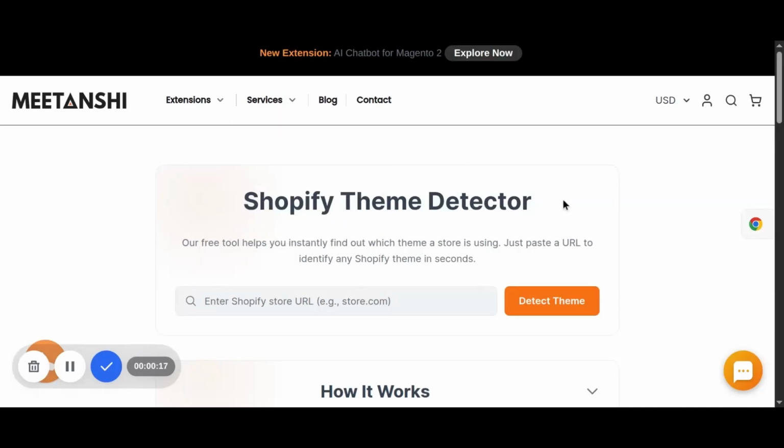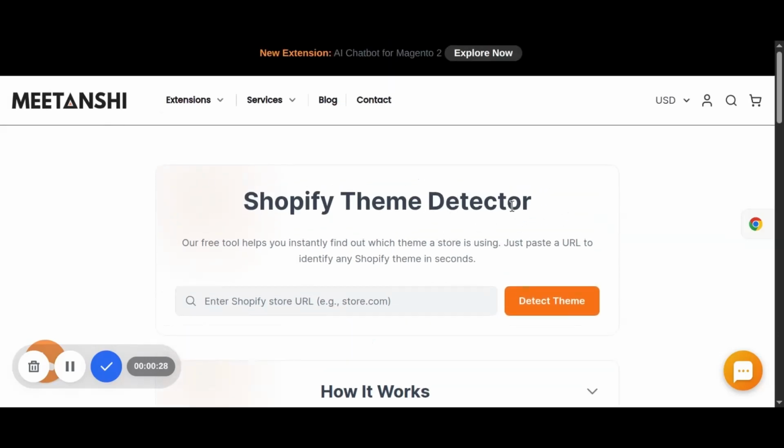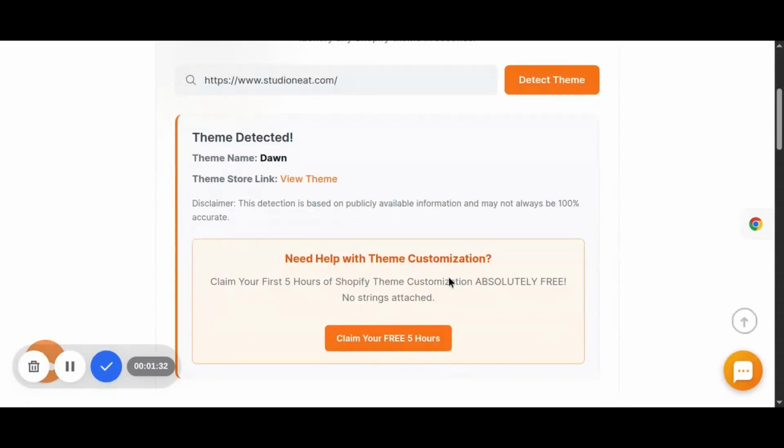Now let's look at the second method. There are a variety of online tools that can accomplish just this thing. I have used a tool called Shopify Theme Detector. Again, it is made by Mitanshi itself, and you will find the link to this in the description box. So let me add a Shopify URL over here. I'll paste the link over here and click on the Detect Theme button. As you can see, the theme is detected. The name is Dawn, and there is a link to the theme if I want to check it out, just